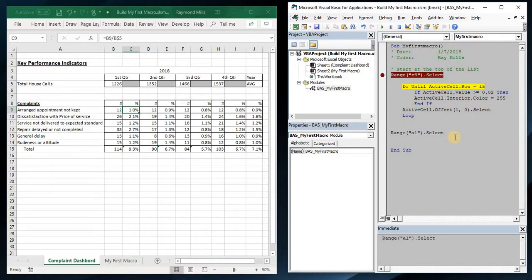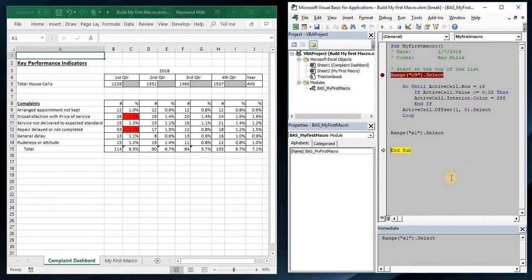Do into active cell. So it doesn't do anything. All right. Is it greater than, we'll see where we are. We're on C9. If active cell value is greater than 0.02, I happen to know it's not. So it doesn't. The next one is, it's 2.1. Let's see if it does it. Yes, it made it red. No, it's not. Yes, it made it red again. I know it. And it goes on. And it's done. Okay? So what I want you to remember from this is to make sure you annotate